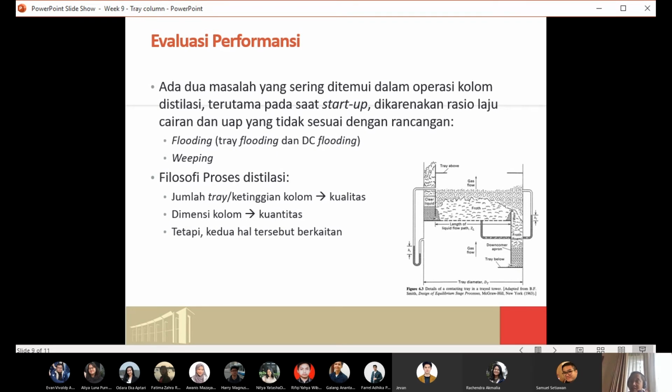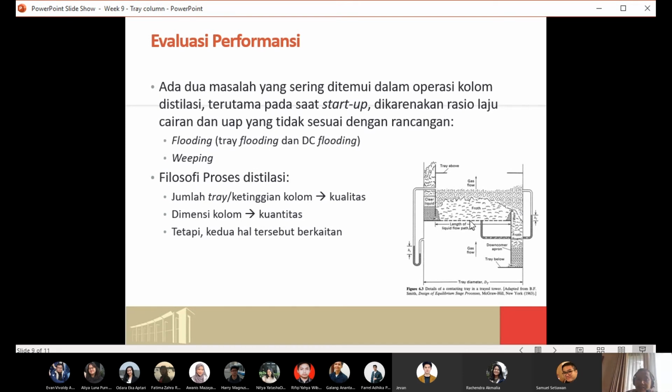The liquid level is maintained at only 70 or 80 centimeters. But in the case of downcomer backup or downcomer choke, the liquid level could be higher than that, and sometimes it can be more than 100 centimeters. So the liquid is also higher than the weir of the downcomer, and there will be a problem with how the liquid flows from the downcomer.